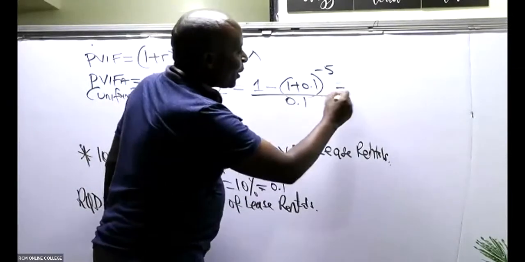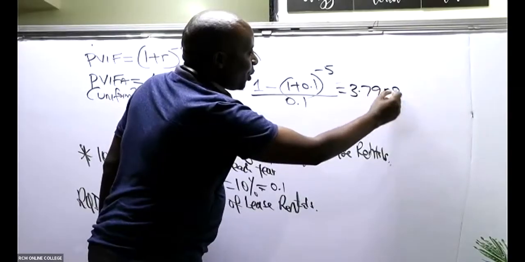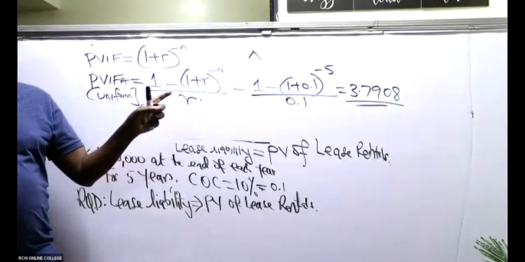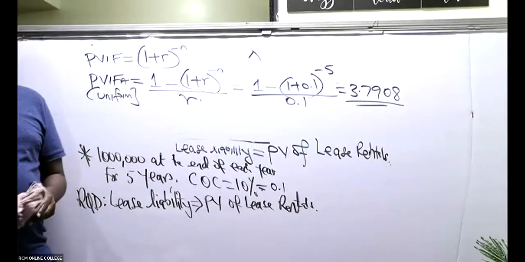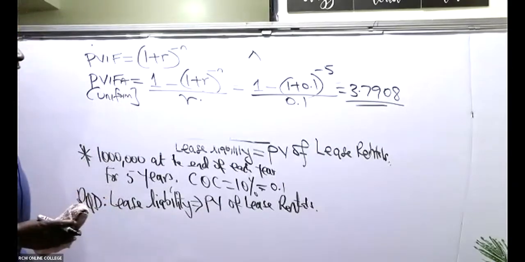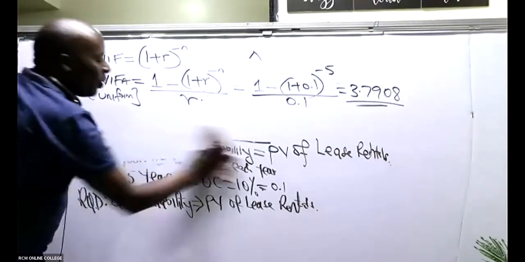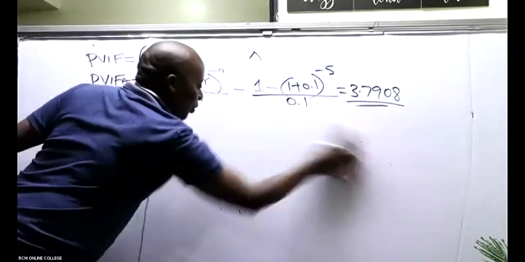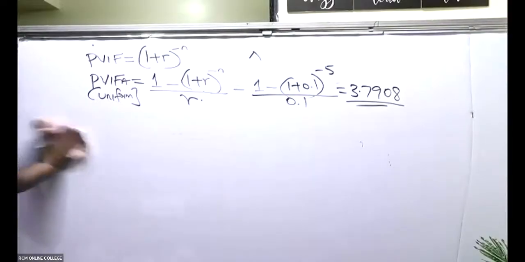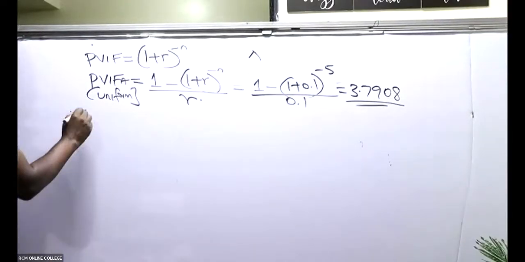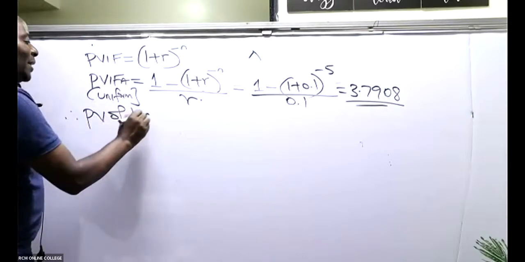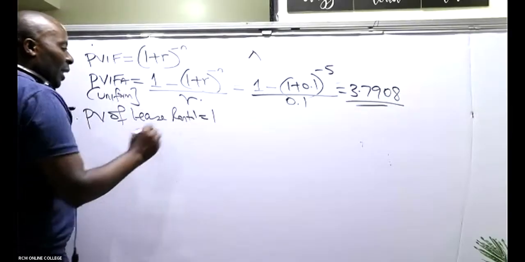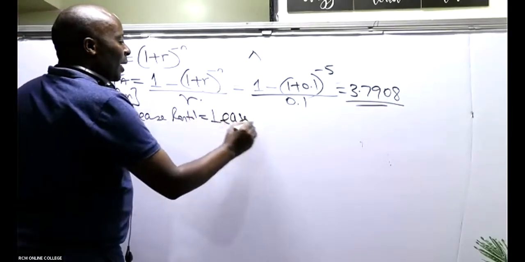So this is 3.7908. You must be very careful. All of us must use our calculators and ensure that we are able to get these figures. Therefore, the present value of our lease rentals, which in this case will be our lease liability,